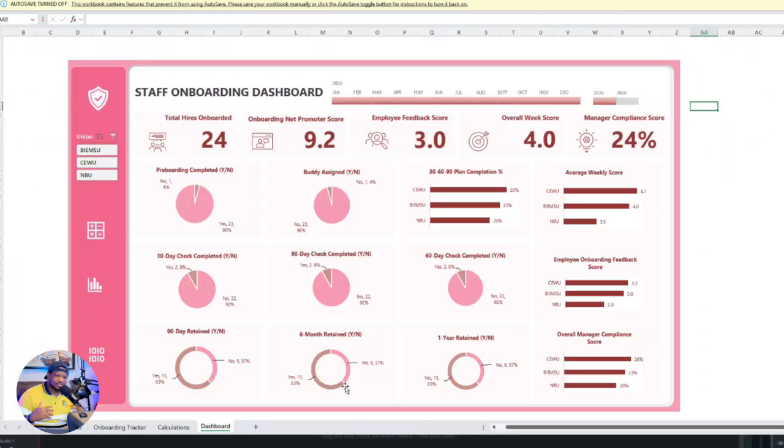Okay, so if you want to hone your skills, you want to build skills in data analytics and be able to create a dashboard like this, then do well to connect with us, join our data community, and let's keep engaging. All right, so we have a bootcamp coming up this Sunday. We're going to be looking at